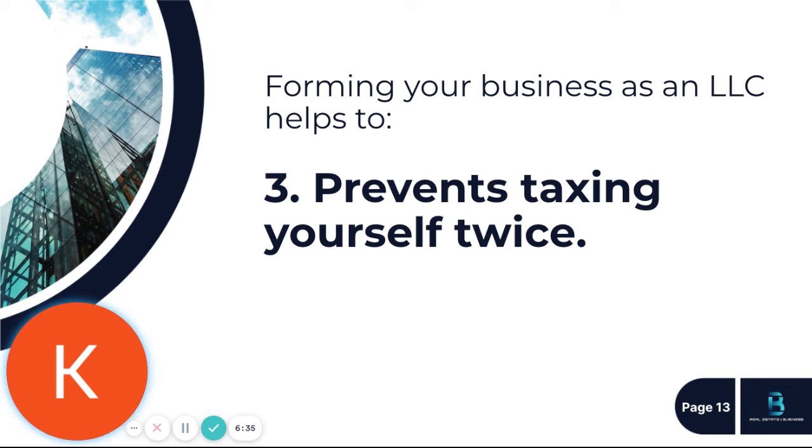So what do I mean by prevents taxing yourself twice? Let's say on the one hand, you own a corporation. When revenue is generated and income comes into that corporation, it's going to be taxed on that income. Now, you as an owner of that corporation, you're going to be taking a salary also from the corporation. When you take that salary, you are going to then pay income tax on those earnings. So in essence, you're taxing yourself twice. You're paying tax on the income to the corporation, and then you're paying tax on the income that you earn